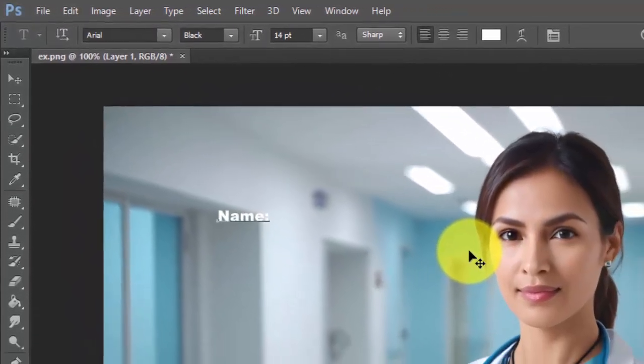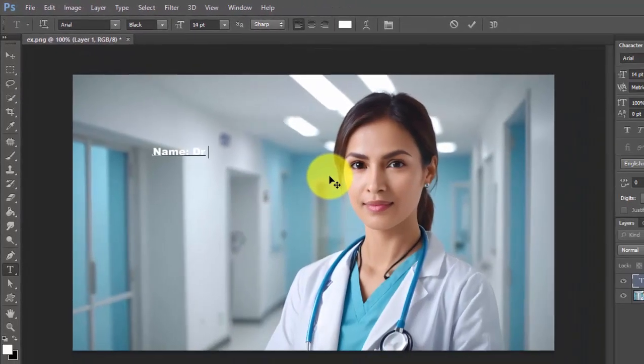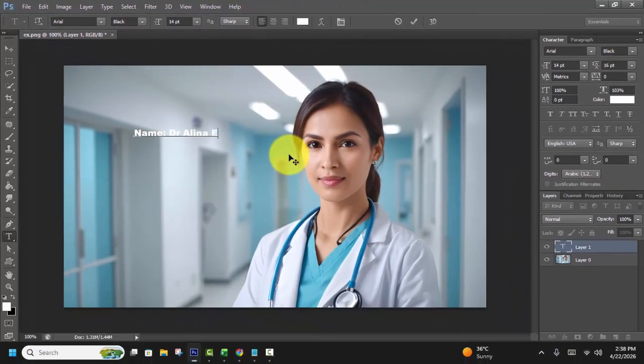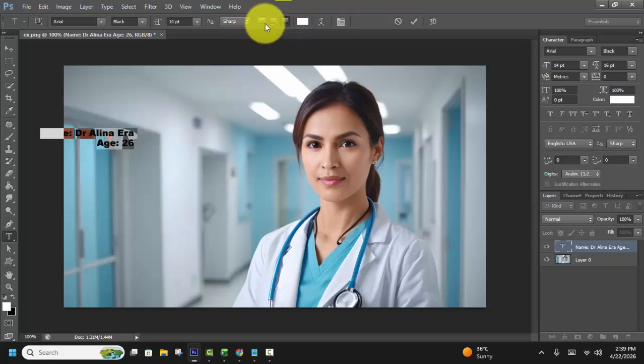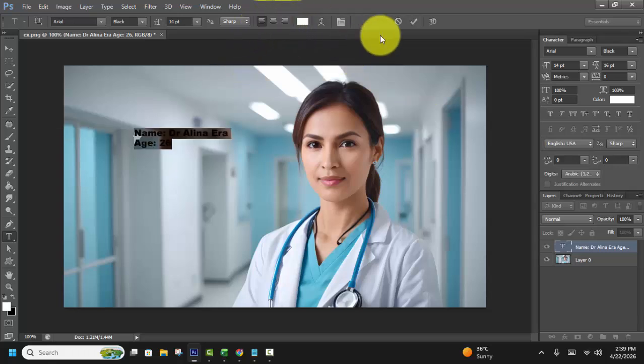name, enter, S. So this again change align, double click the text layer, then align middle, left, right, and use box text for